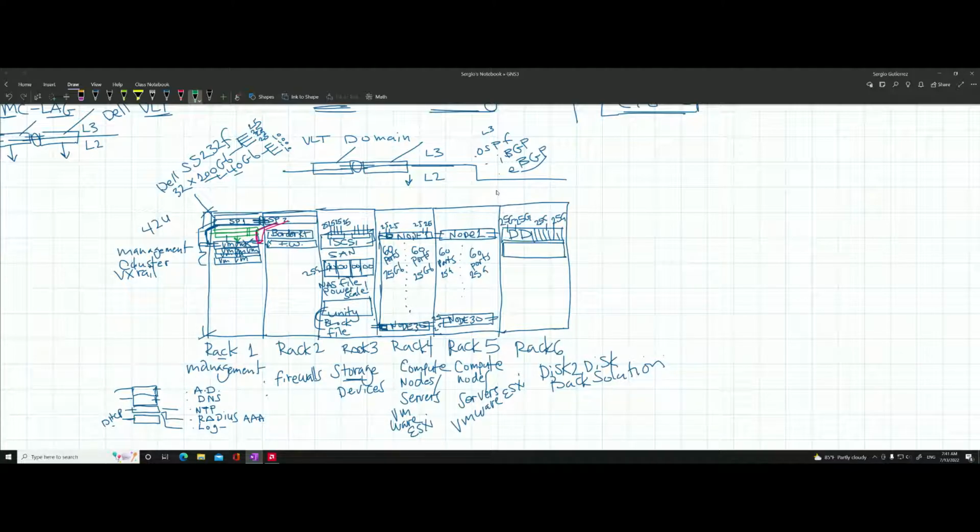So this is this Dell S5248s are going to have 48 ports of 1, 10, or 25 gig. Okay, so that's going to be leaf 1, leaf 2, and then we go to the second rack, and